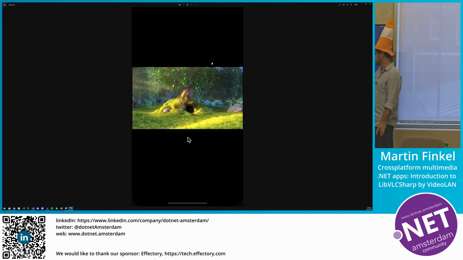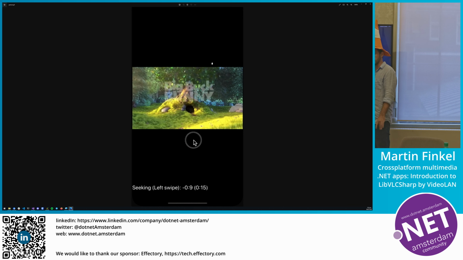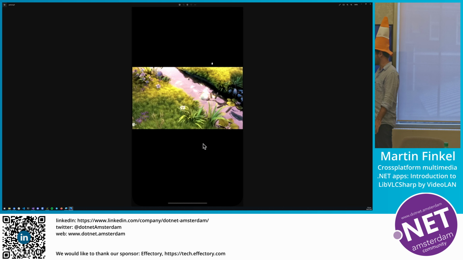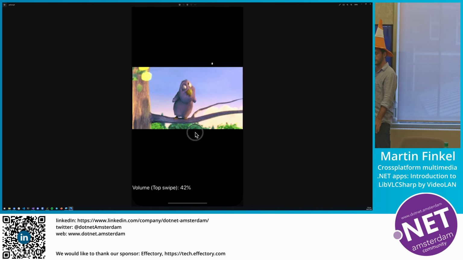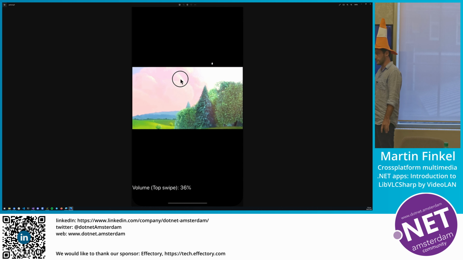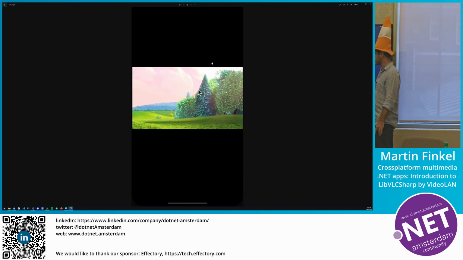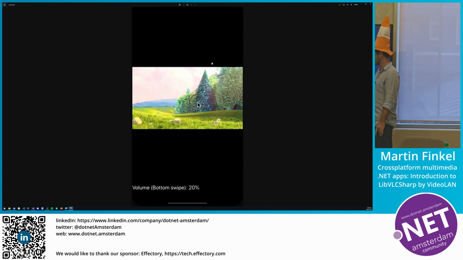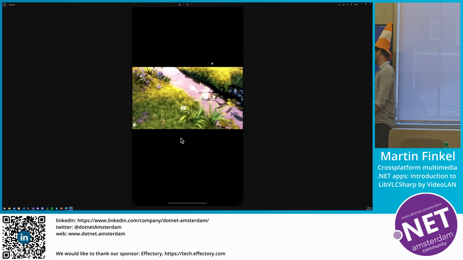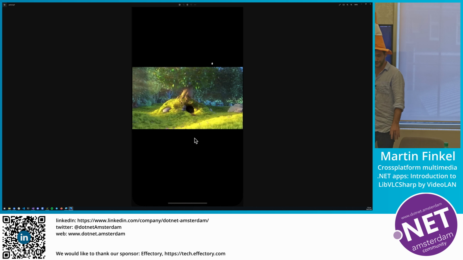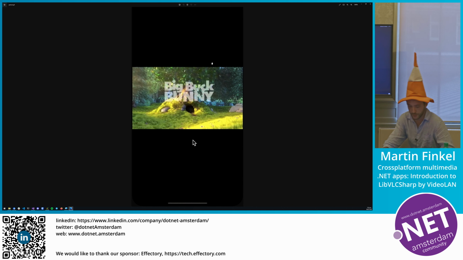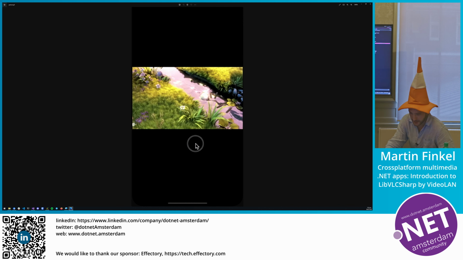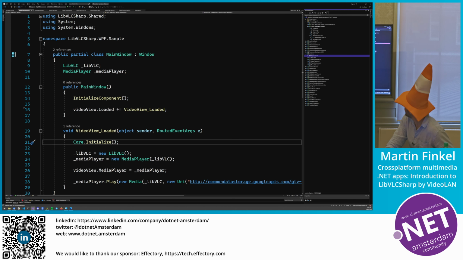And this is used in the actual VLC applications to change the volume, for example, or to seek. And I think it is a very user-friendly way to expose this kind of feature. And so I wrote a small Xamarin Forms sample to demonstrate that. So I'm going to show that to you if I can manage to zoom.